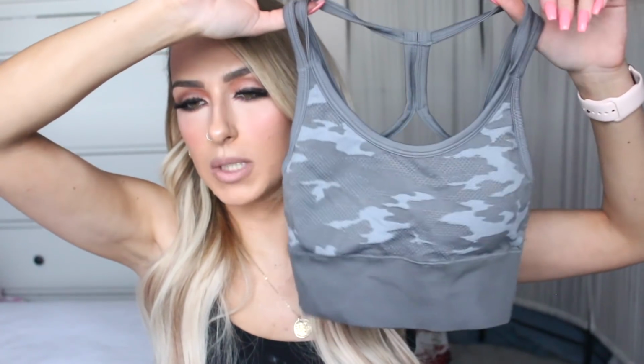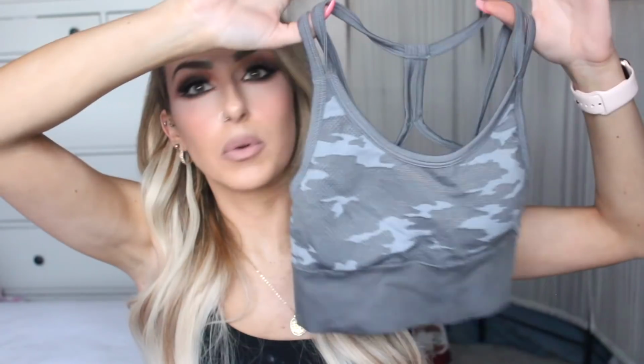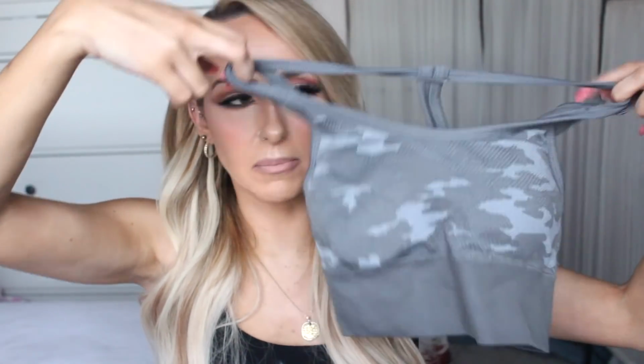and then I also picked up the little sports bra that goes with it. Again, it's winter. I wouldn't really wear the sports bra on its own, but in the summer months I would wear this on its own, especially to yoga or something like that. The top of this was €8, I believe. I'll have to double check because I did take a picture of them. The bottoms were 12,